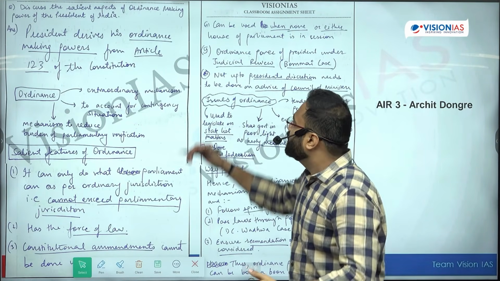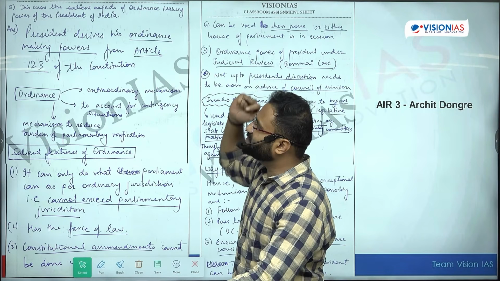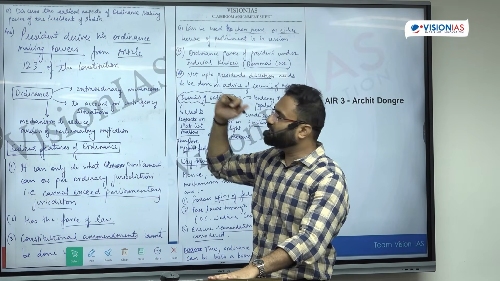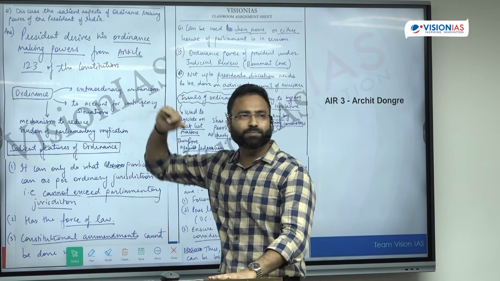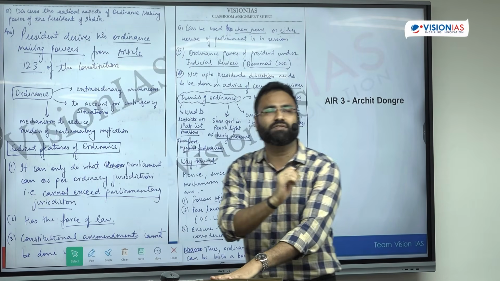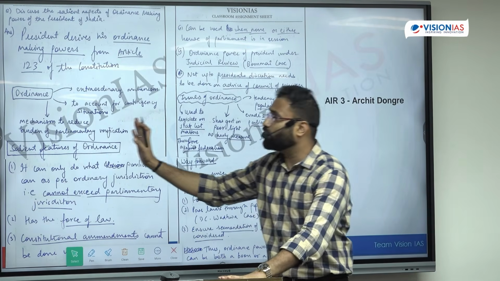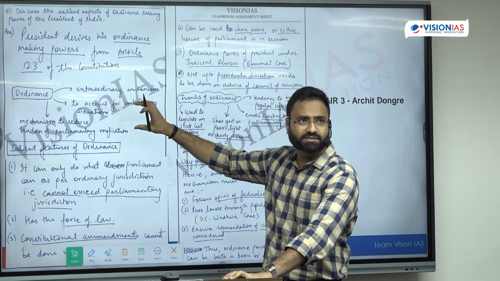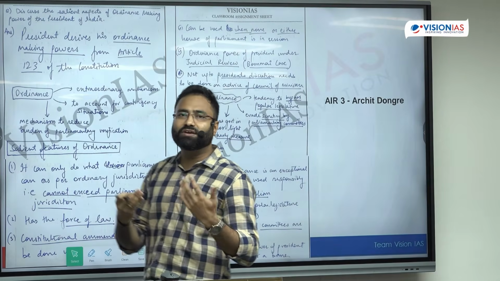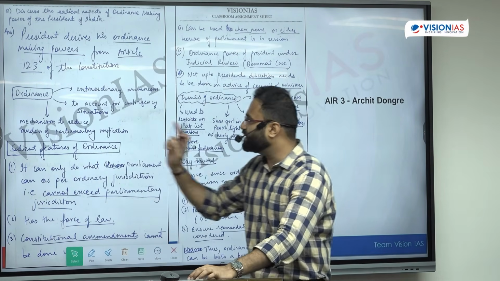The question's demand was to discuss the salient aspects of the ordinance making power of the President of India. He has written about the ordinance making power of the President of India, which particular constitutional article is giving the President the power to promulgate the ordinance. Then he had talked about the ordinance. What is an ordinance? It was provided in order to give an idea of what this thing is, what is this ordinance. So he has provided that also.